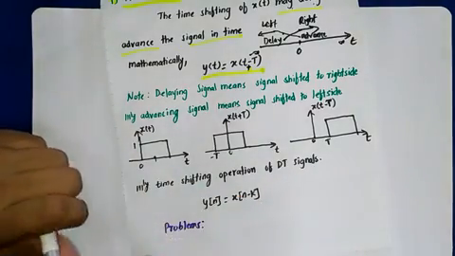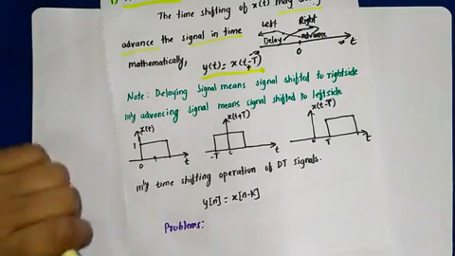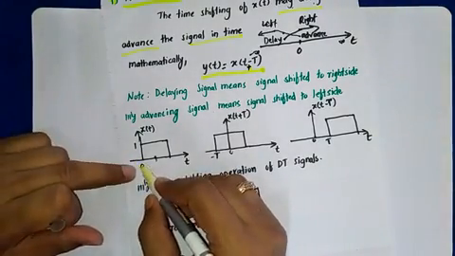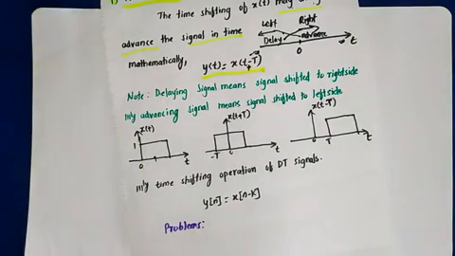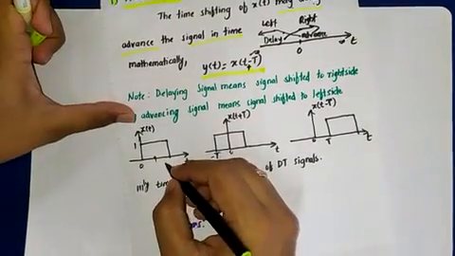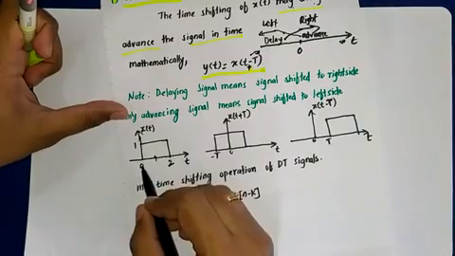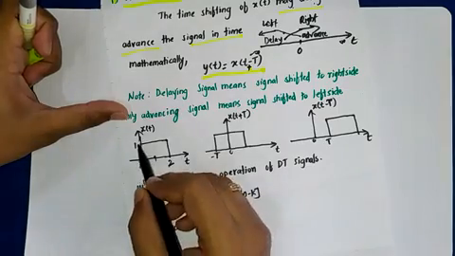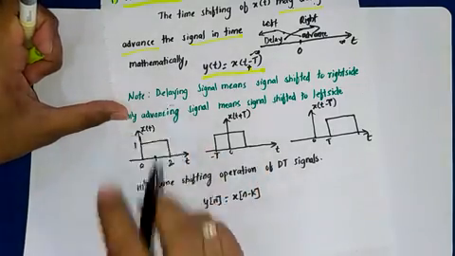Okay, this is an x of t that is been given. Okay, this is x of t. X of t exists from 0 to some value. I will put some value here so that it will be more appropriate. So it will be 2 here. Okay, so it exists from 0 to 2, and this is in time variant, and amplitude is 1. So this is one signal, this is x of t.